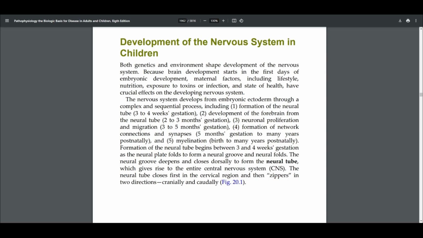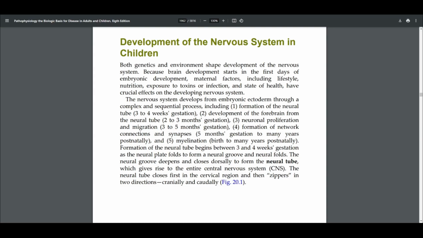The nervous system develops from embryonic ectoderm through a complex and sequential process, including: 1. The formation of the neural tube, 2. Development of the forebrain from the neural tube, 3. Neuronal proliferation and migration, 4. The formation of network connections and synapses, and 5. Myelination. Formation of the neural tube begins between 3 to 4 weeks of gestation as the neural plate folds